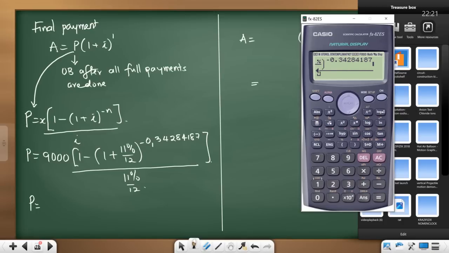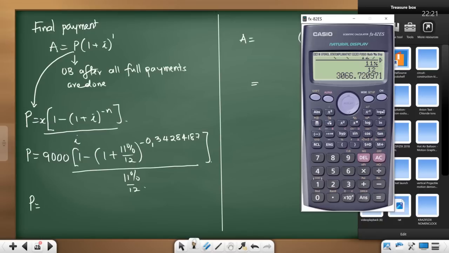If you make a mistake here, it shows corruption. All right. 11% over 12. This is how much? All right. 3066,